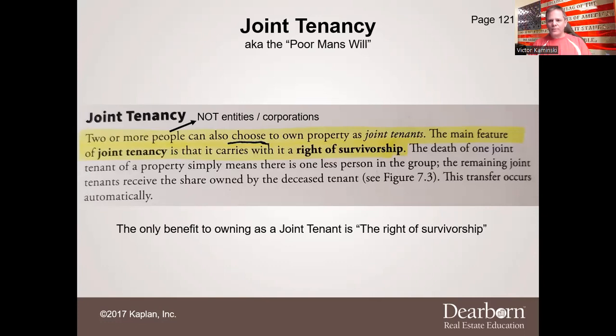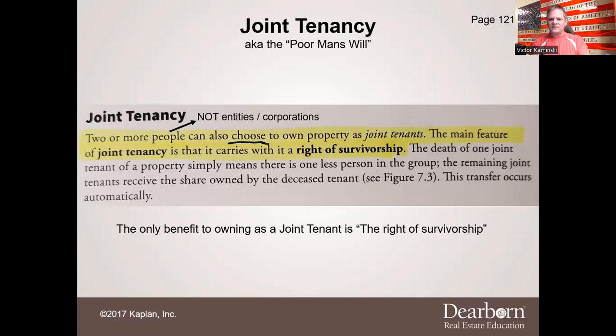Doesn't have to go through probate or anything like that. Your co-owners automatically equally split the shares of the owner that died. But wait a minute. If you're a tenancy in common and one of the owners dies, what happens to their shares? It can go to their heirs. You can leave it in your will to their heirs. Oh, okay. But in a joint tenancy,